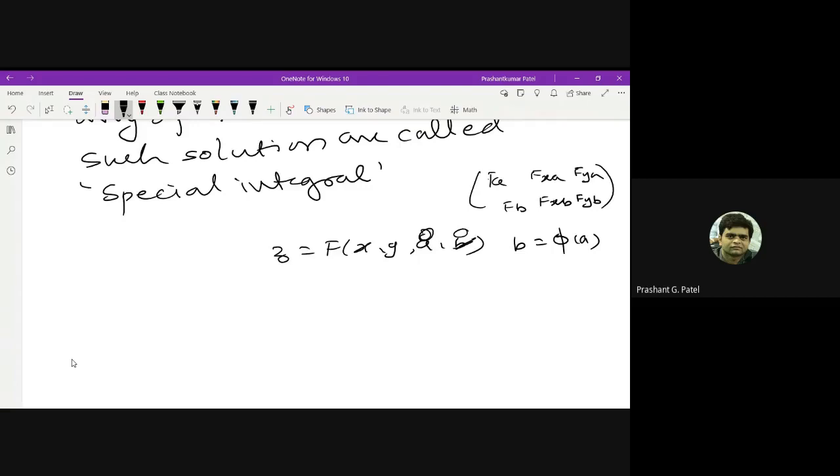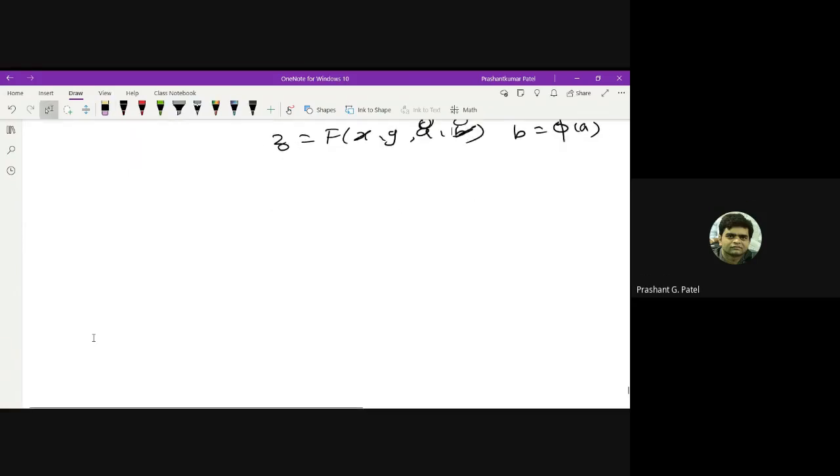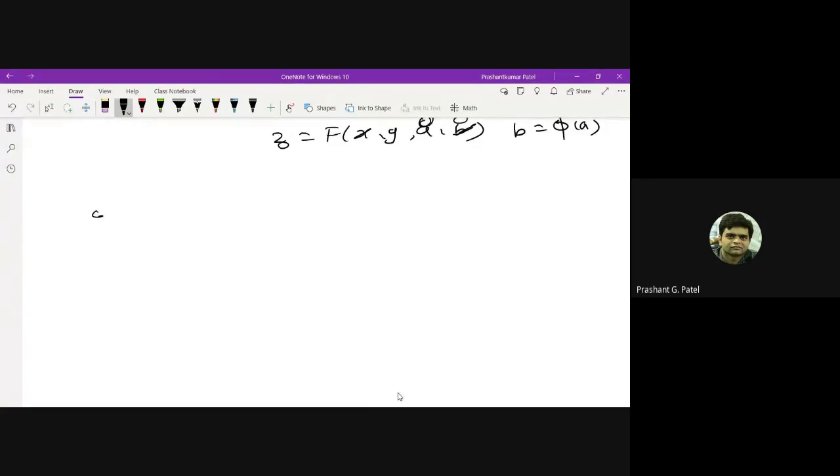But here we are just concentrating on the solution. What type of solution is there? So here I am just giving you an example in which I will give you directly the solution of that equation, and I will classify what type of solution it is. Let's say this F(x + y, x - square root of z) = 0 is the general solution